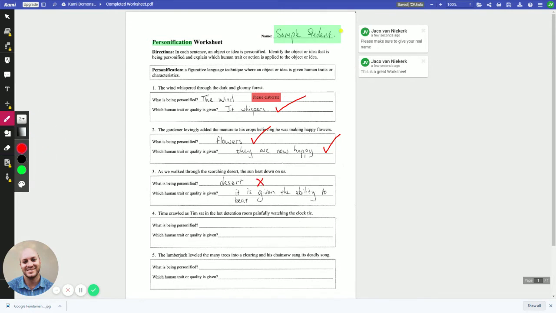So let's say we're going to change that cross, make it a little bit more neat. And then obviously we can see this one is also wrong because it is referring to the wrong thing. Right, so that is just very quickly how we can open up a document in Kami and annotate some of